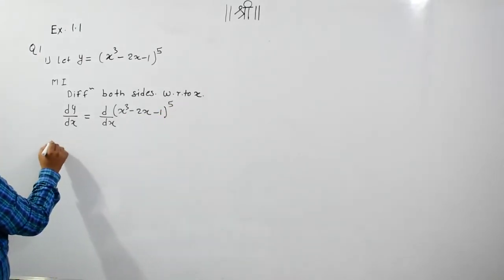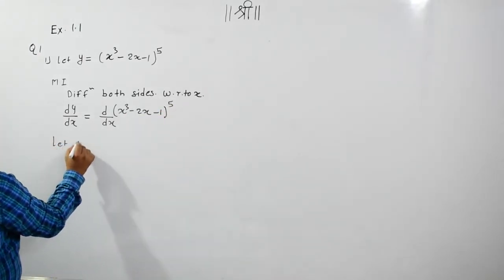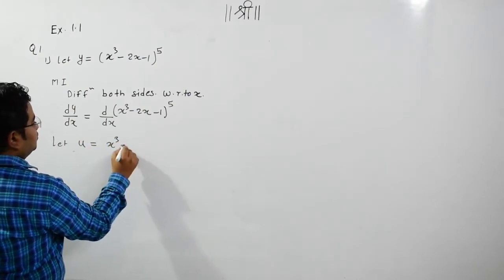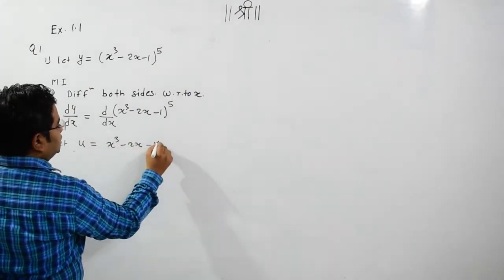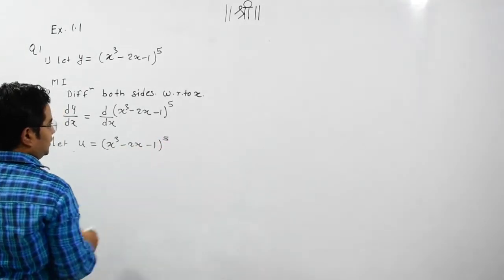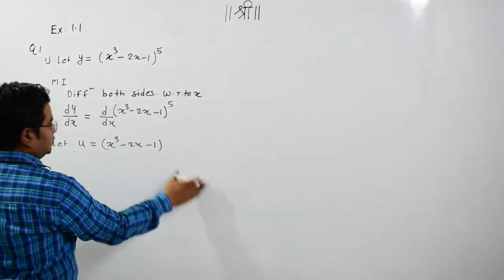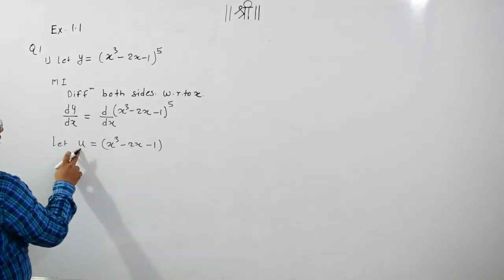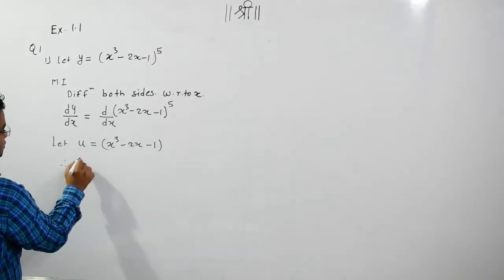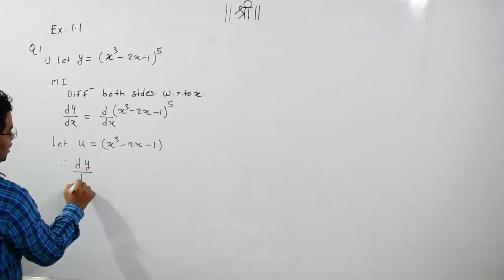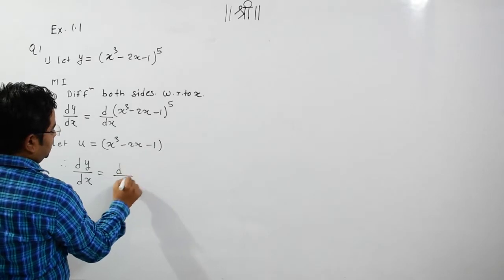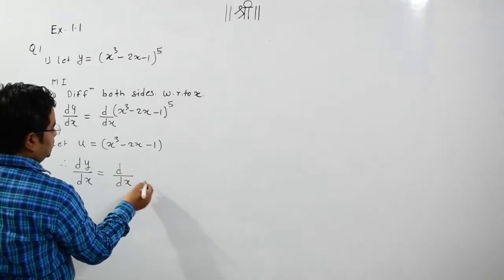Now here let u is equal to x cube minus 2x minus 1, only this much, sorry, not the power 5. So within this bracket, whatever quantity we have considered as u,